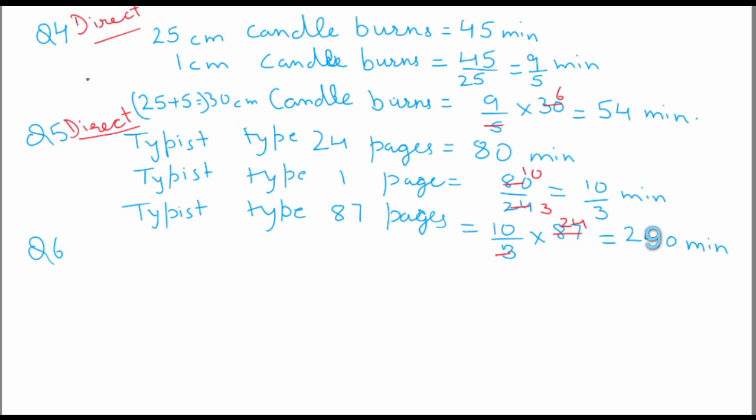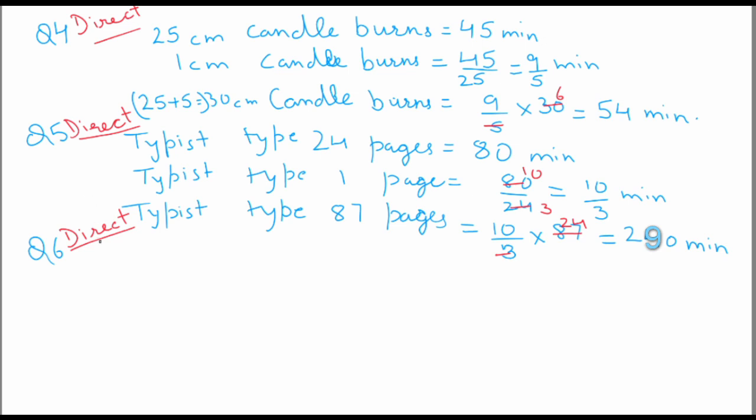Coming to question number 6. It says rupees 750 support a person for 15 days. How many days will rupees 2500 support the same person? Every day he will use the same amount of money if it is the same person. So this is a direct variation.